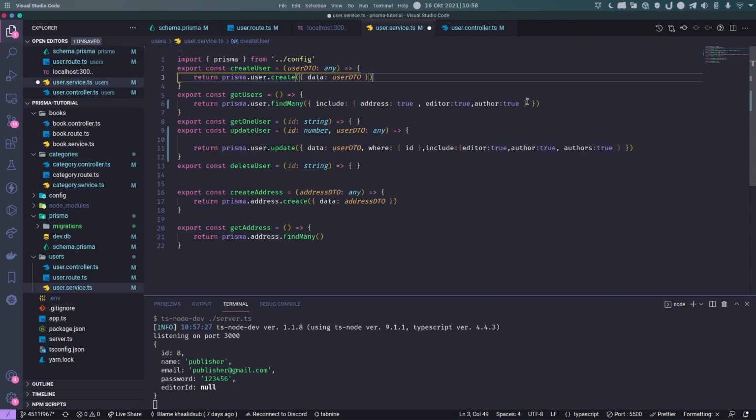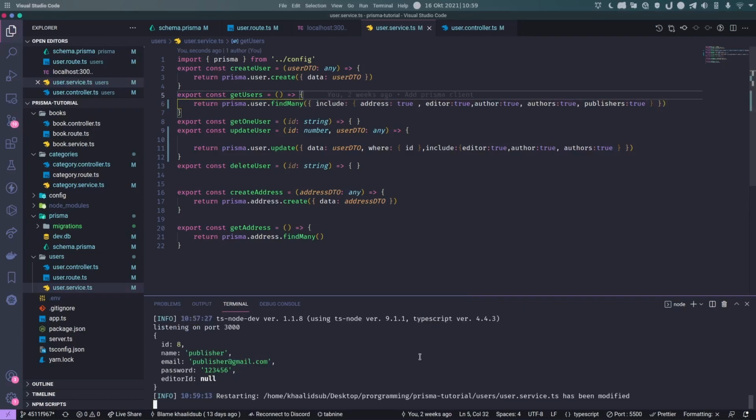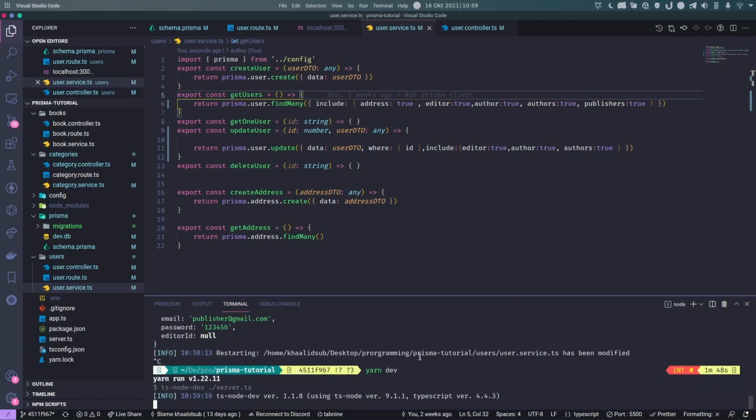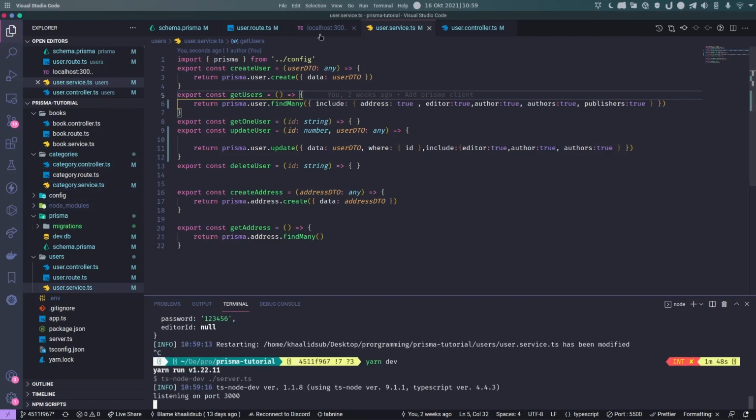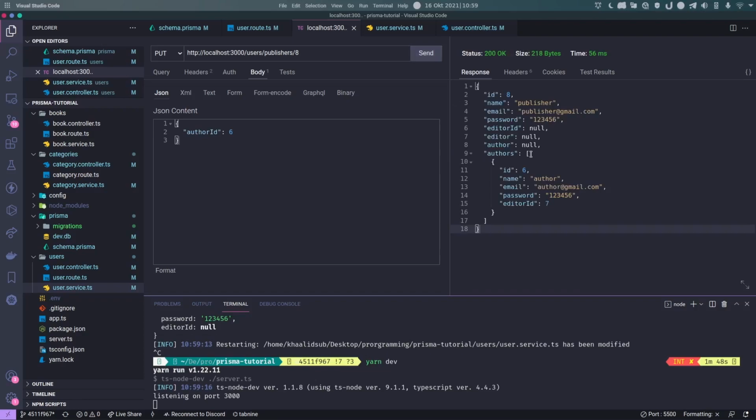And in our get user, we are going to add authors true, and publishers true. Now let's try to run it again. Let's test out our put method first. We'll go to our localhost author ID of 6, just send it, and yeah, the publisher contains the author of